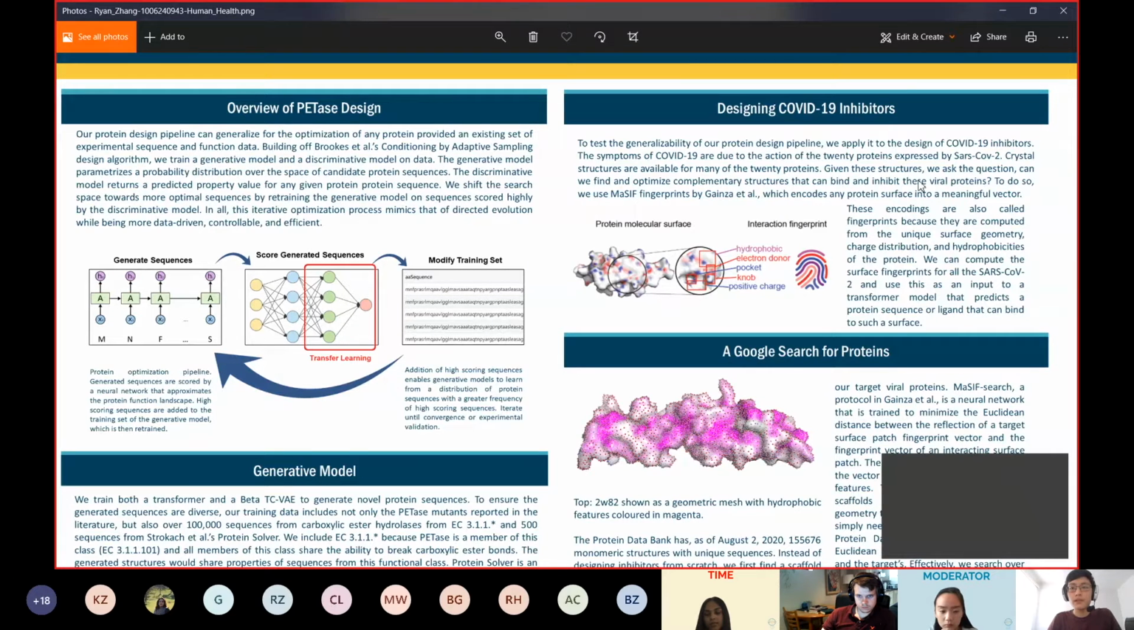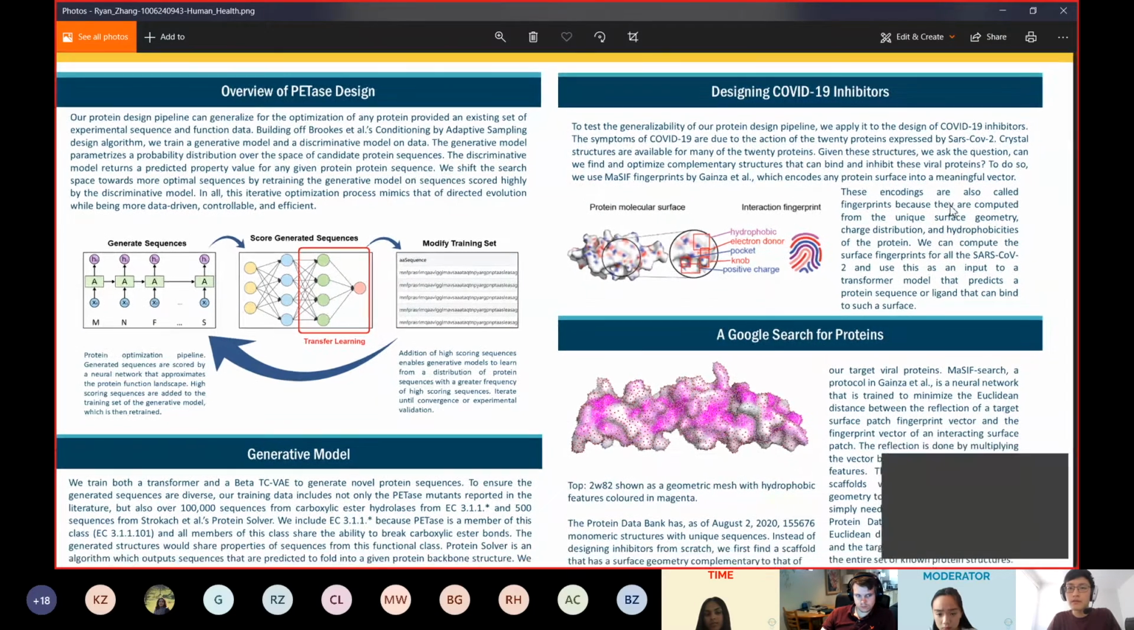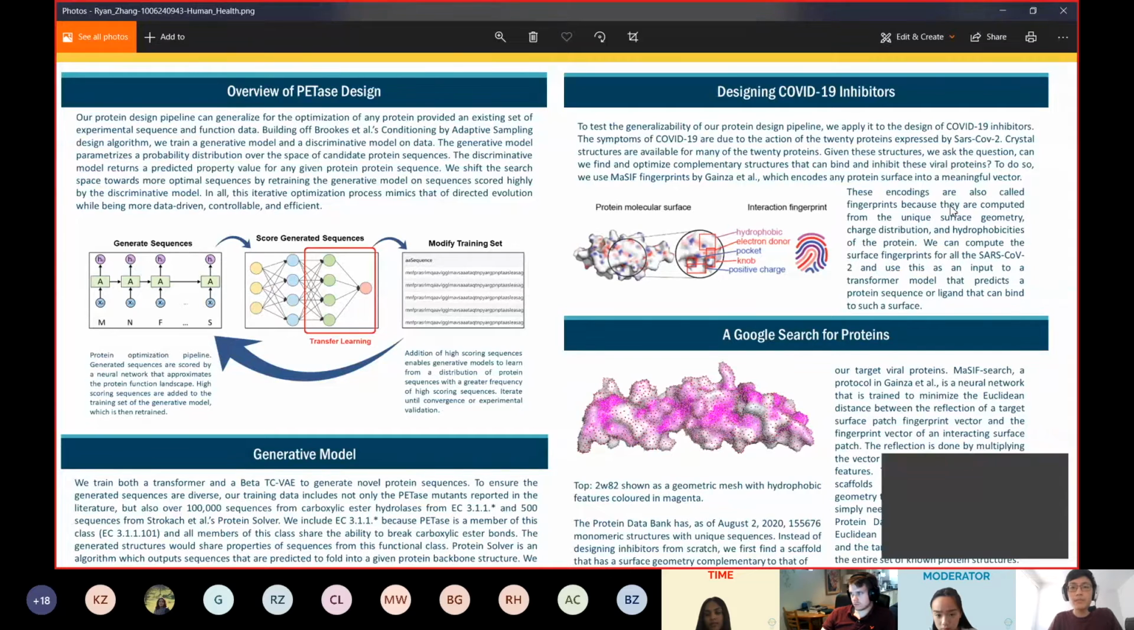We apply, basically, this is from Gainza et al. These are called MaSIF fingerprints, which are molecular surface interaction fingerprints. So what it does is it passes a CNN over. First, it takes the protein and models the protein as a mesh. Each individual point on the mesh, as you can see here in this diagram, is a surface point of the protein. And each of these surface points can have various different features like hydrophobicity, the electrostatics, and of course the actual